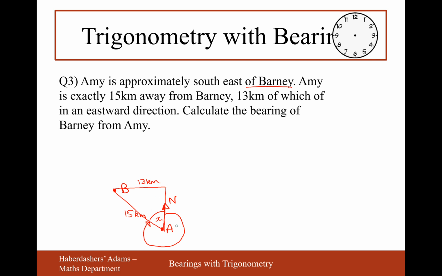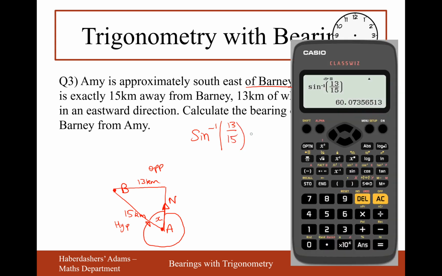And then the whole thing will be taken away from the 360 to make my angle that's going to go round the diagram to meet Barney. So in this question I have the opposite side from the angle. This is the angle, this is the opposite side. This is the hypotenuse, and I'm going to be working out sine inverse 13/15, which on the calculator will give me